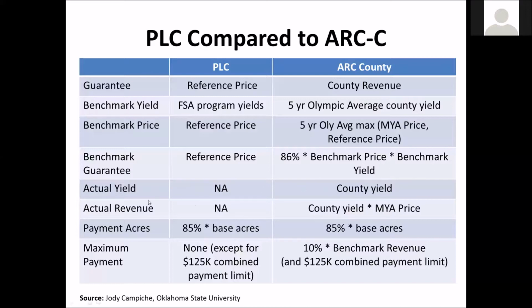When you look at the actual yield in PLC, your actual yield does not matter. It's only based on your payment yield or your CC yield, or what you've updated your yield to. For the ARC County program, it's based on county yield. Both of the programs are paid on 85% of base acres. The other major difference between the programs is that there is no bottom end on PLC. The only payment limit that you can hit is $125,000 per person, or $250,000 combined. Whereas in ARC County, there are still those payment limits per entity, but there's also that 10% limit. So if you have a decrease below 76% of county benchmark revenue, you won't get any additional payments under the